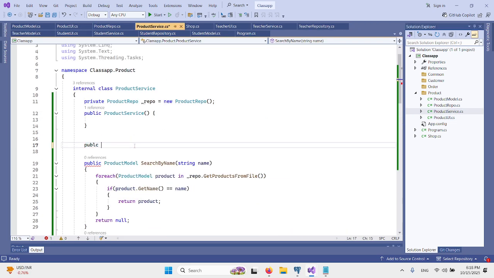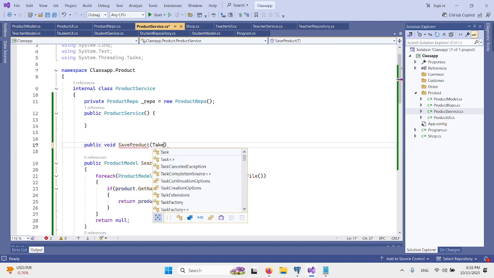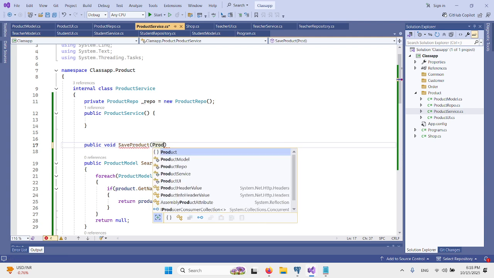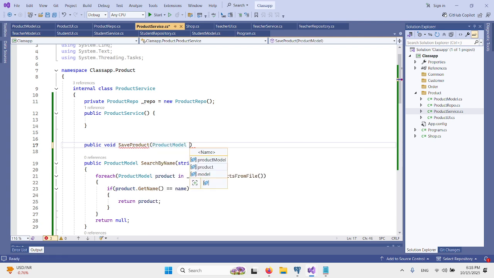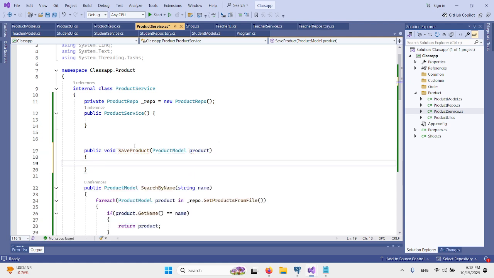Public void save product, it will take the product model and we will send this to the repo dot save in the file. Okay, so this is the function in the service.